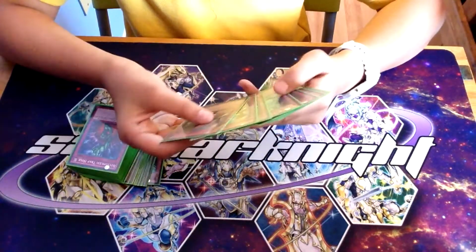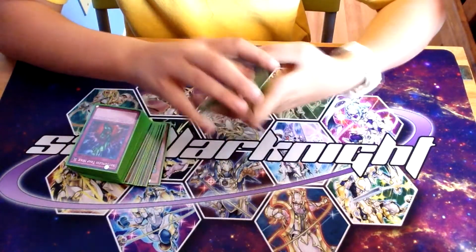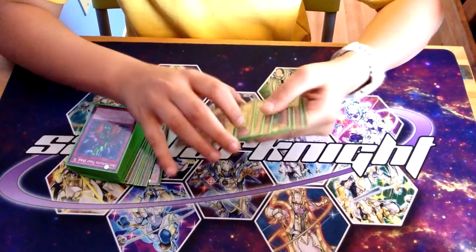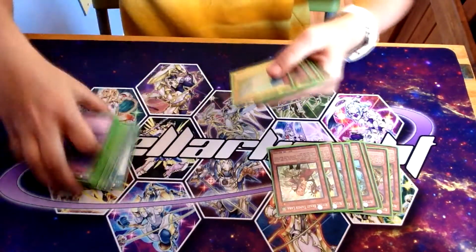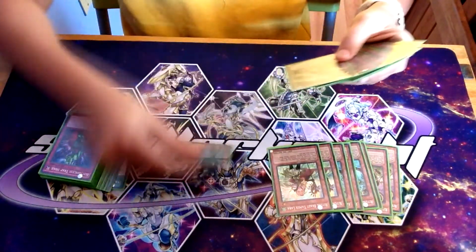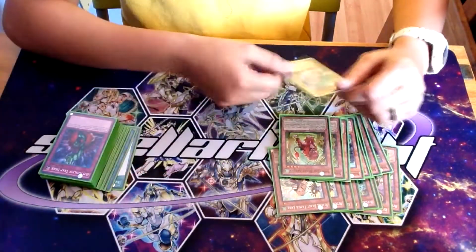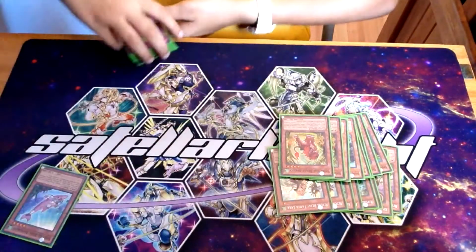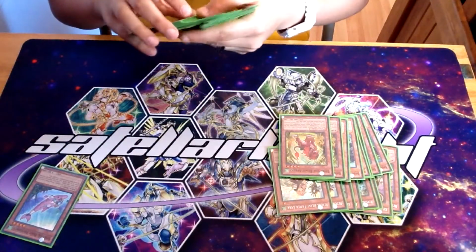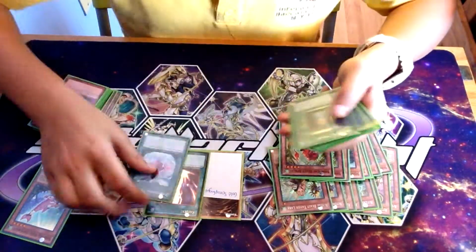Basically, the Tamers are for establishing a field and setting up plays. These are also for setting up plays, with the exception of Petal Fin, which, well, I guess it could be for setting up plays, but I kind of use it for removal as well. Let's see, for spells and traps. Alright, so we have our Gold Sark,